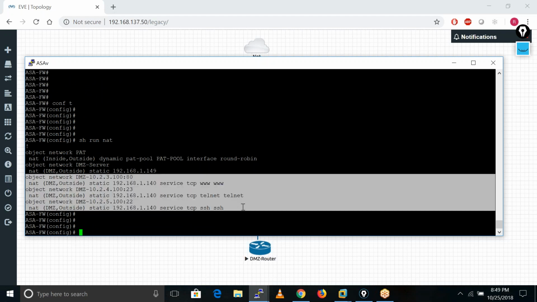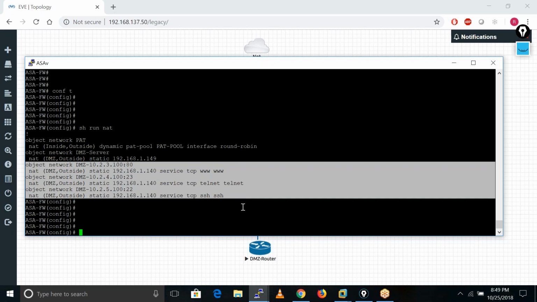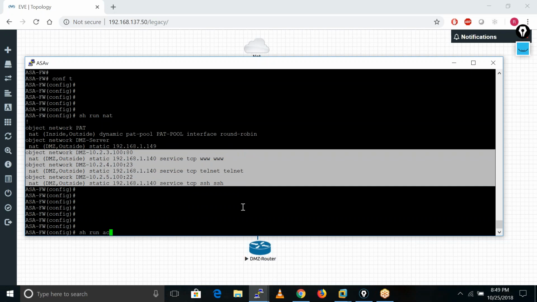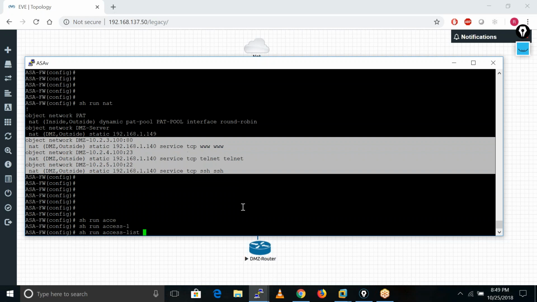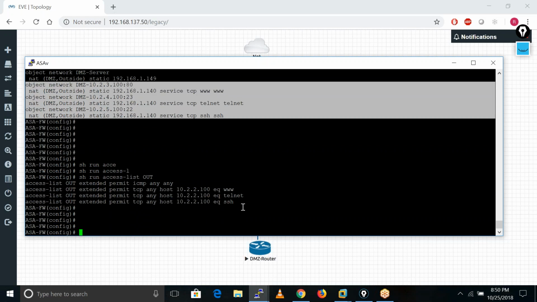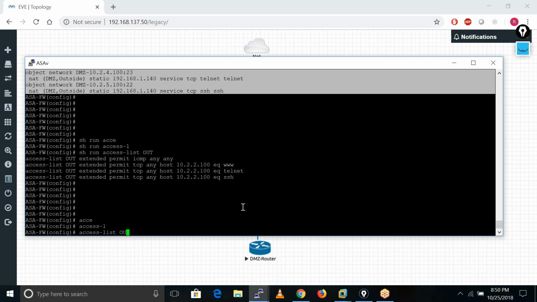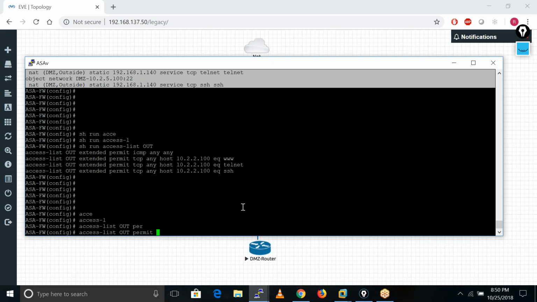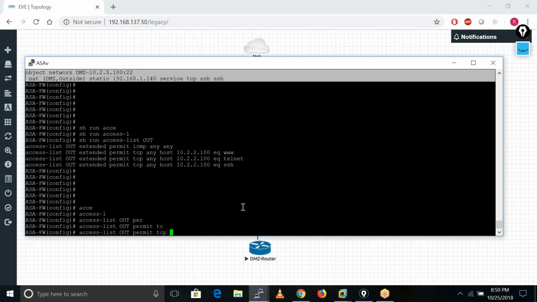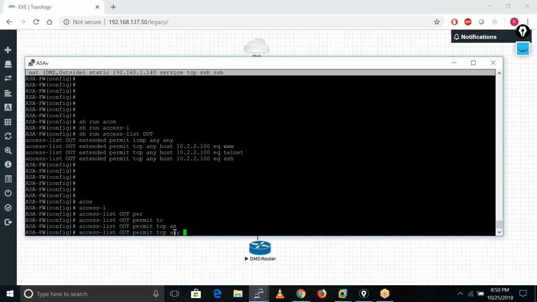So these are our configuration. Now what we need to do, we also need to open the access list, right? For providing the access for this particular server. So I'll just go to my access list, which is out. Access list out permit TCP any, means any network from outside, because we don't know the IP address of the outside world, right? That public network. That's why to host